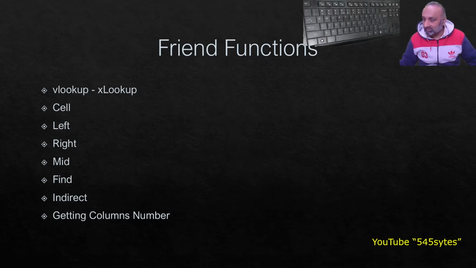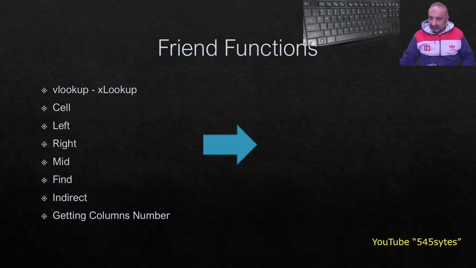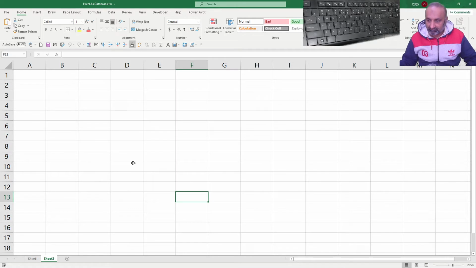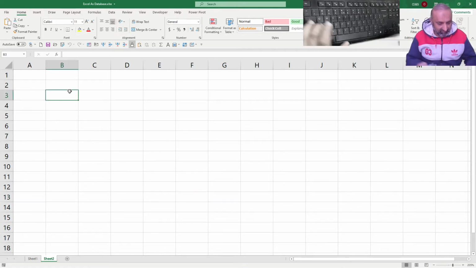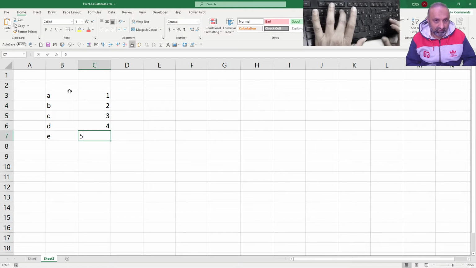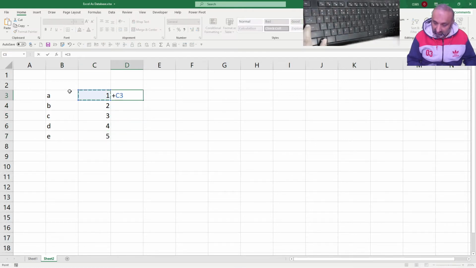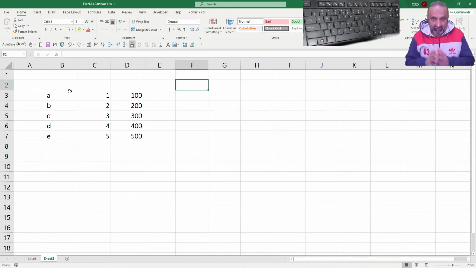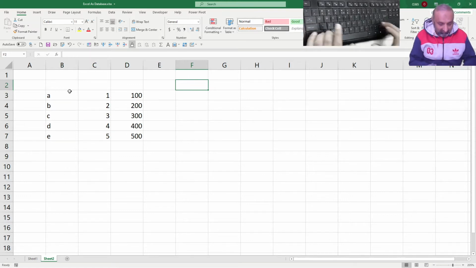We should know about them. So let's open the Excel file, and here is our Excel file. First, let's say we have this A, B, C, D, E, and we have some 1, 2, 3, 4, and 5, and this into 100. So this is the sample data we have, and what we are learning over here is the XLOOKUP function.